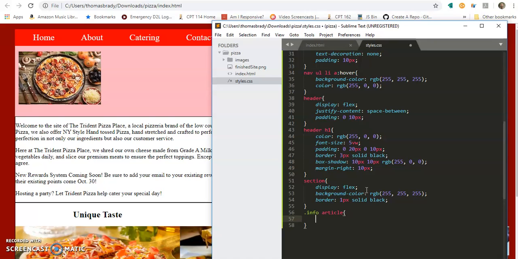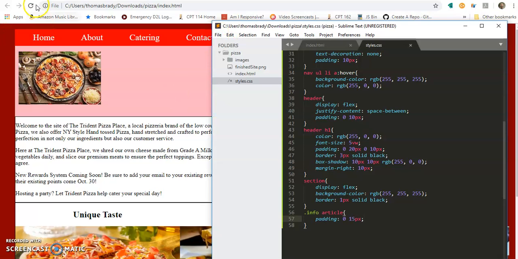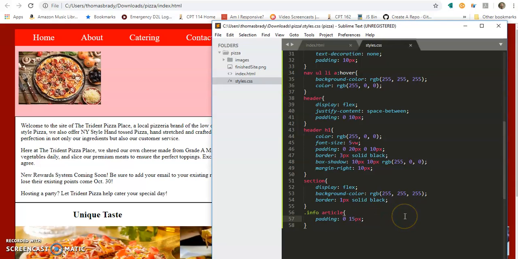And we want to give it a padding of 0 up and down, and then 15 pixels left and right. File, Save All, and refresh. You can see now we've gotten some more space. Okay, then let's see. Now we're going to do the aside, and we're going to do .info aside,